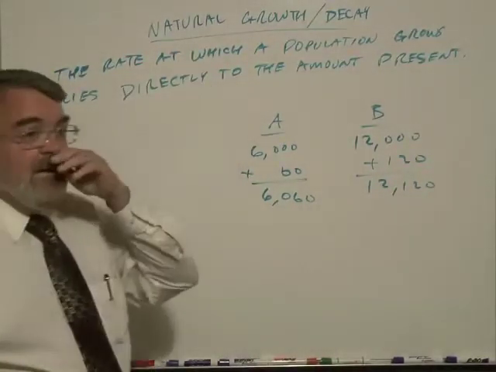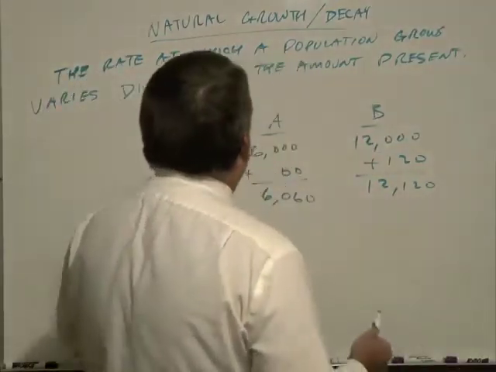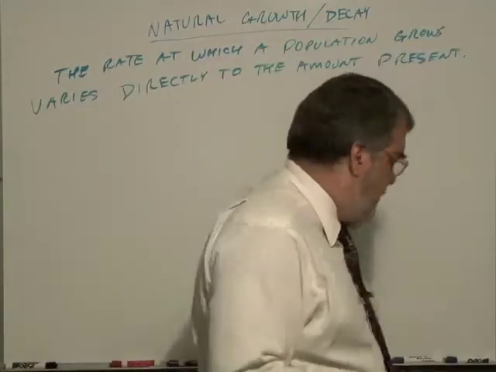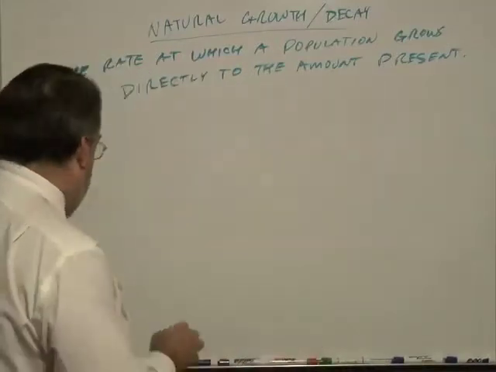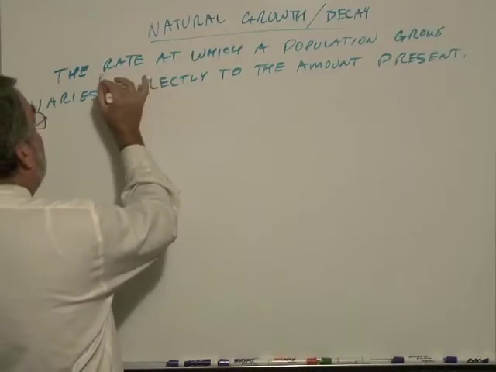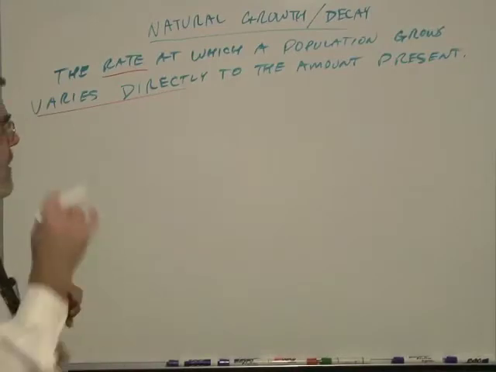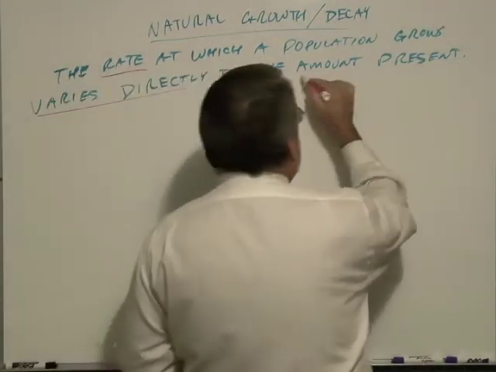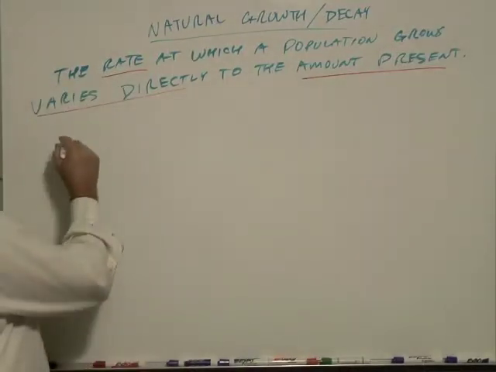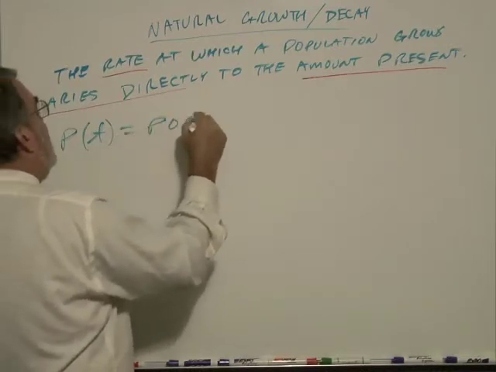And this is an assumption in any simple model to project population growth. All right, well, how does this translate to a differential equation? When you see the word rate, you think derivative. So the rate is a derivative, and it varies directly. That's an important phrase, to the amount present. So let's say that the amount present is P of t. So this is the population